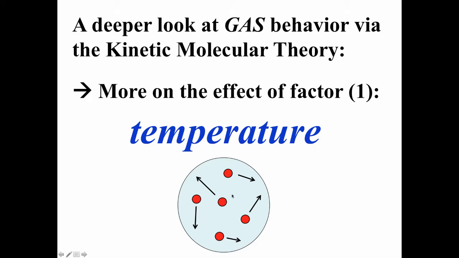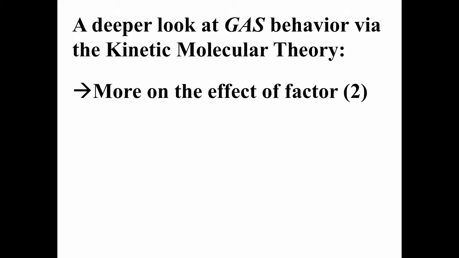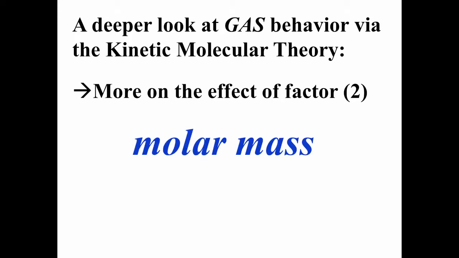And of course, if the molecules are traveling slower on average because the temperature is lower, then they'll hit the walls of the container with less force and less frequently, and that's a lower pressure. So we can explain how pressure changes with respect to temperature in terms of the kinetic molecular theory. We can consider the second factor as well, which was molar mass,